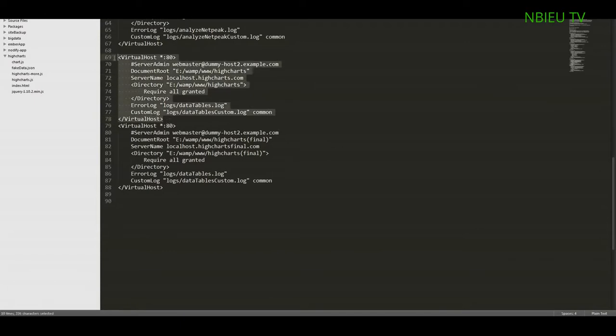You can take one of these blocks right here, where 80 is the port we're going to be listening on. The document root is where I have the root of my folder tree for my project, the server name we want to use, and